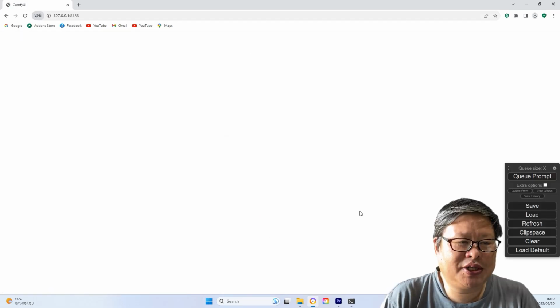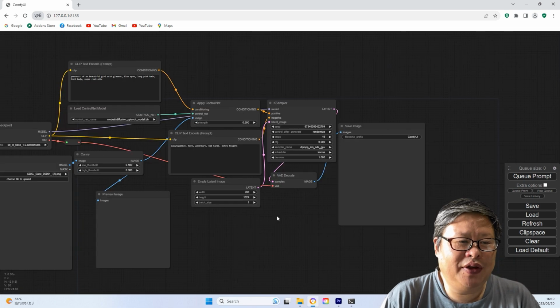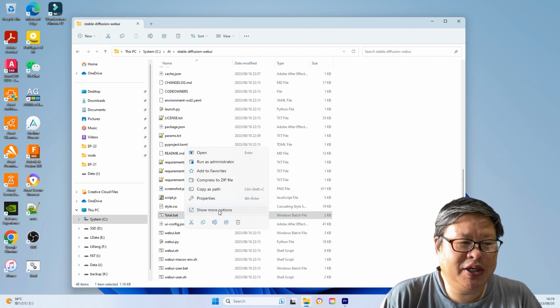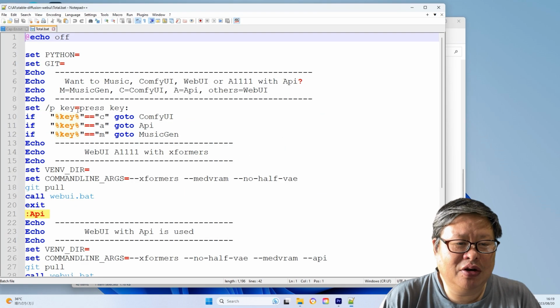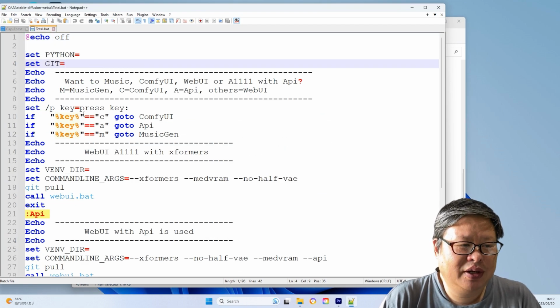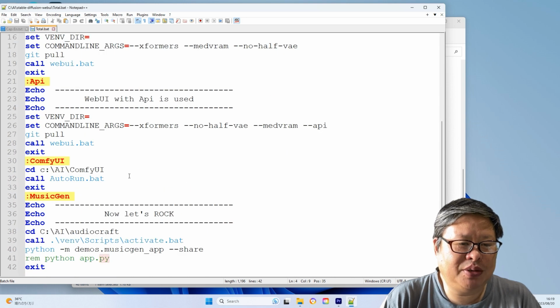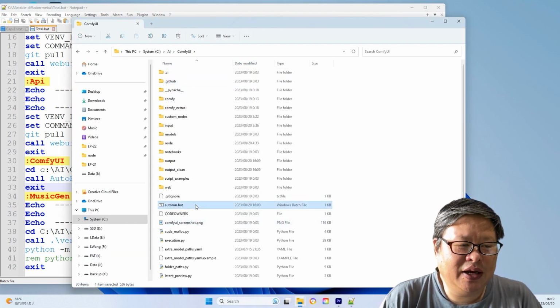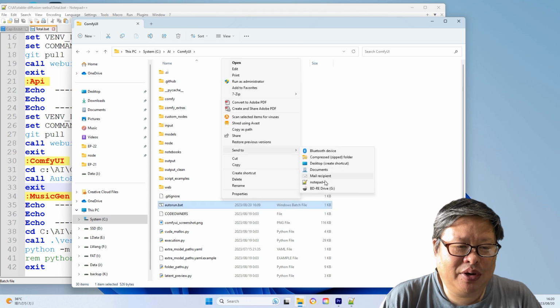This process works seamlessly. As I mentioned in a previous video, I have combined all my AI applications into a single batch file that manages all my AI projects. You can watch the video in the description below. In this context, the lines mentioned above are not necessary. Consequently, the final auto-run batch file resembles the following.